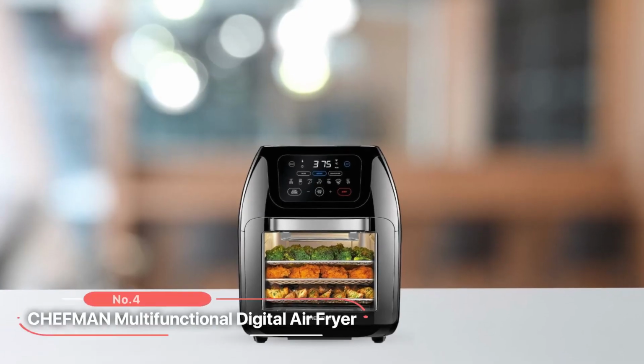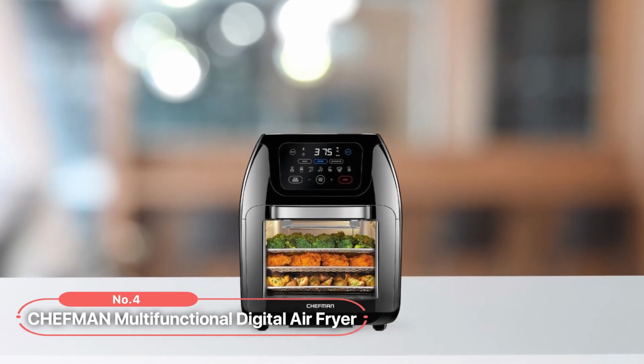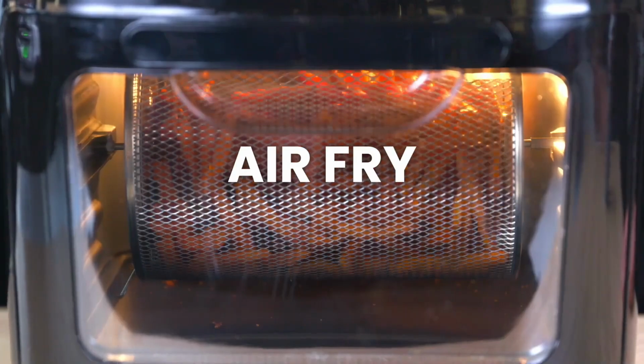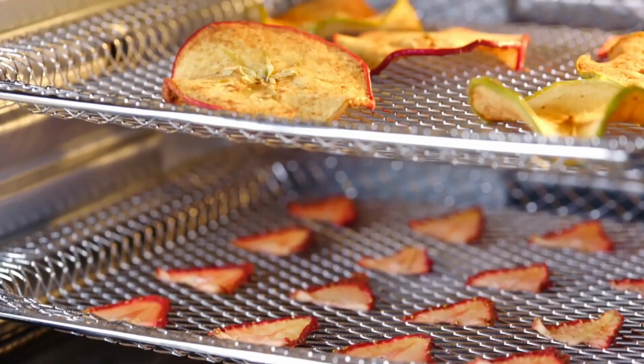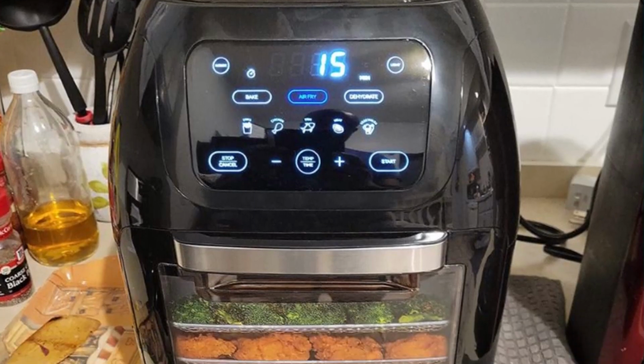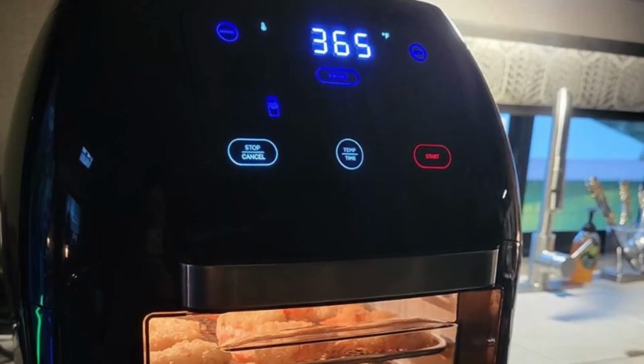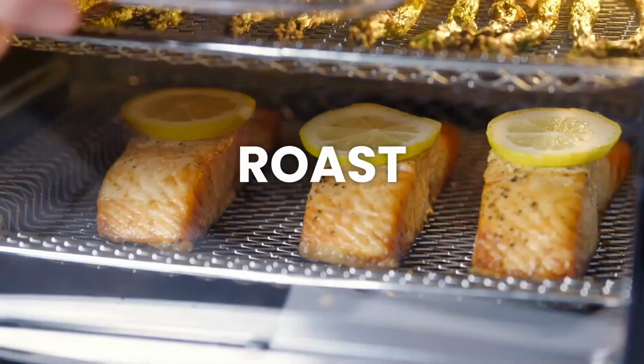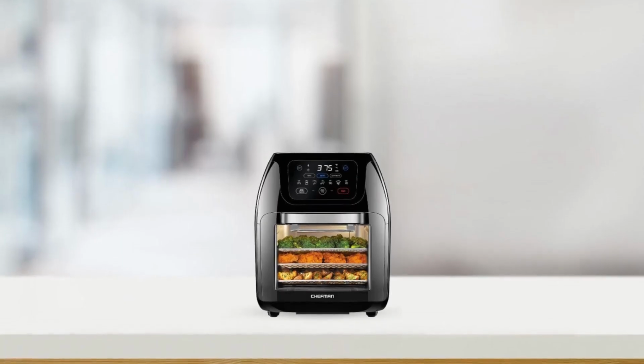At number 4 is the Chefman Multifunctional Digital Air Fryer. Experience the ultimate culinary convenience with this multifunctional digital air fryer, an all-in-one appliance that revolutionizes your countertop cooking. With 5 versatile cooking options including air frying, baking, dehydrating, rotisserie, and roasting, this appliance is designed to deliver crispy